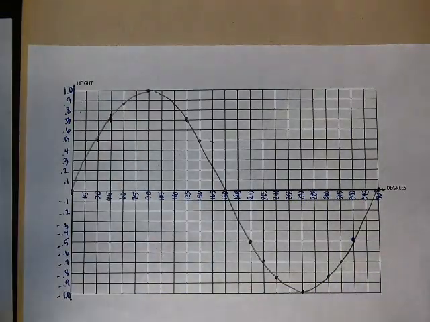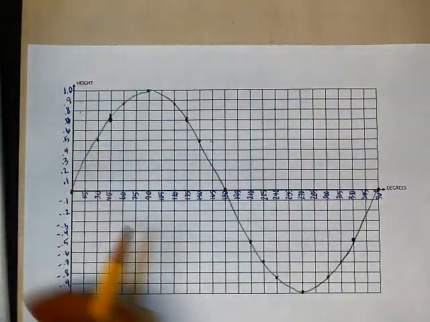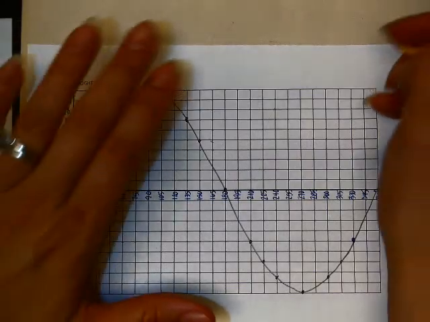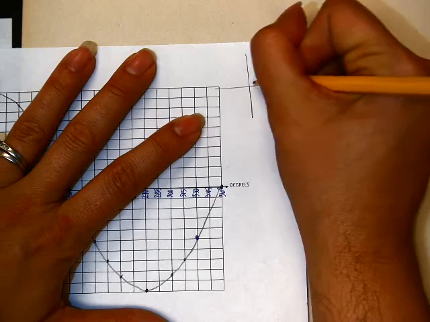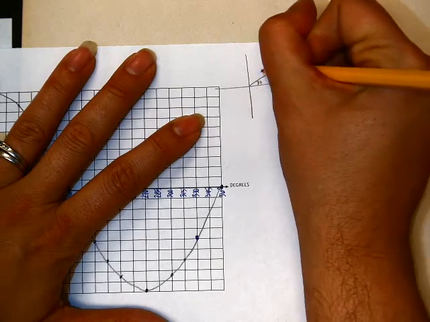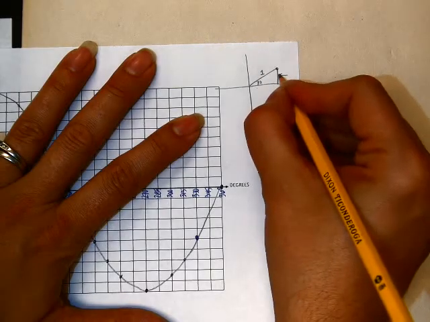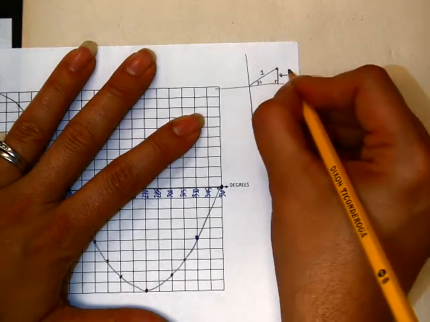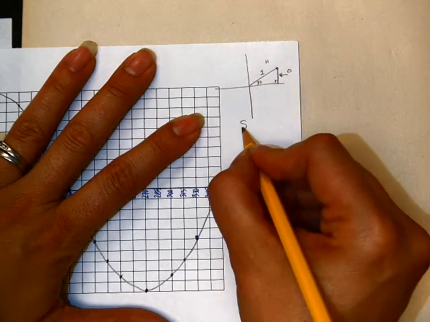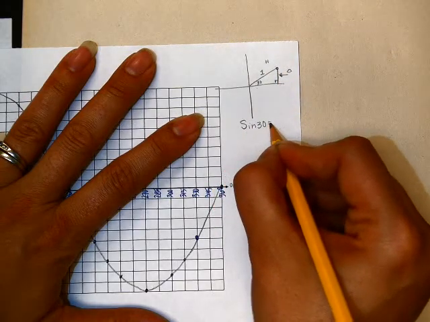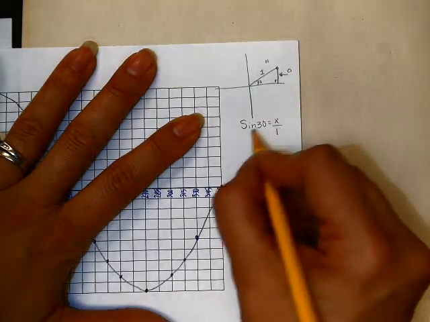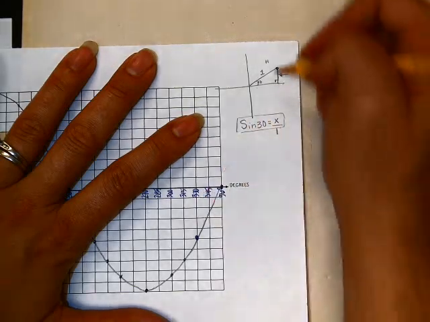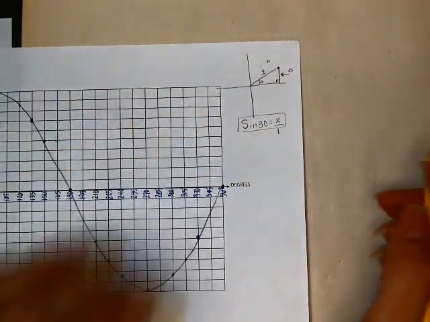All right, and so one of the things that you need to also do is to do the calculated height. So to look back at your circle, it was like this. At, say, 30 degrees here, this was 30. Remember, this whole thing was equal to 1 here, and we were finding out what this distance was. Well, this is the opposite, and this is the hypotenuse, which would put us at sine. So sine of 30 would be equal to the opposite over the hypotenuse, which is 1. So in other words, it would just be the sine of 30. So that's kind of cool that I would just need to put in sine of 30 to find my exact